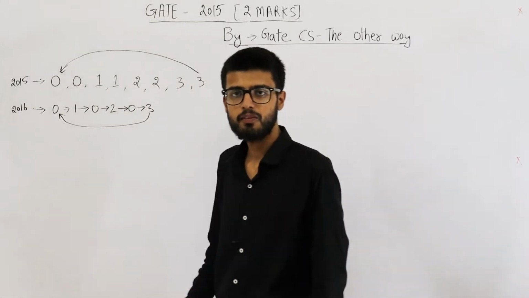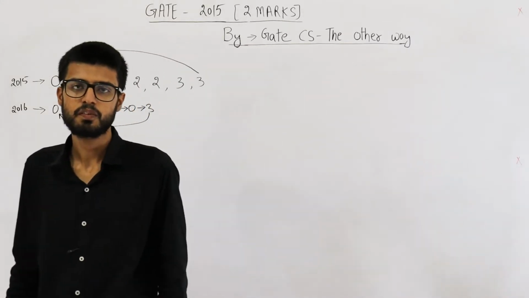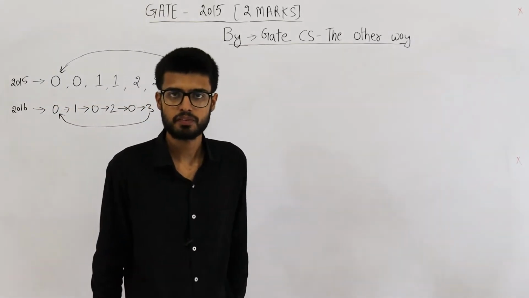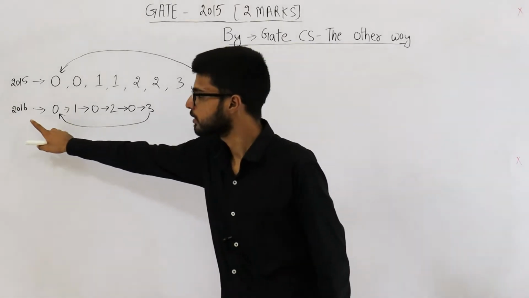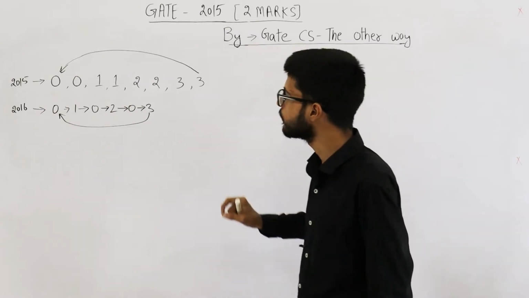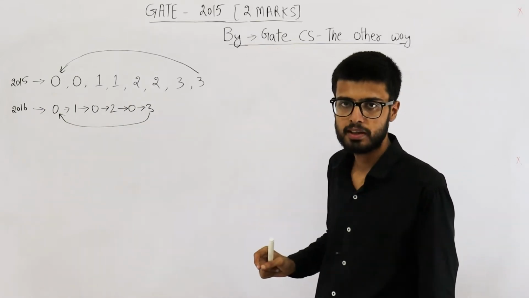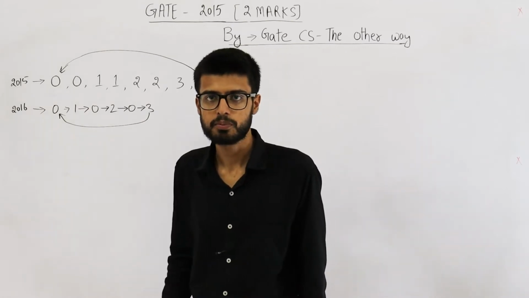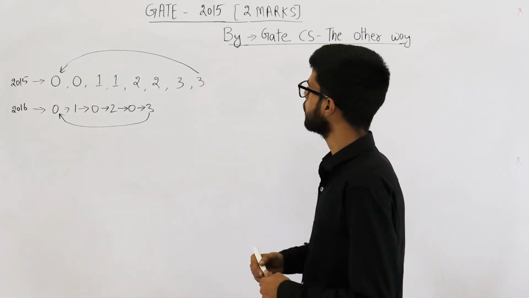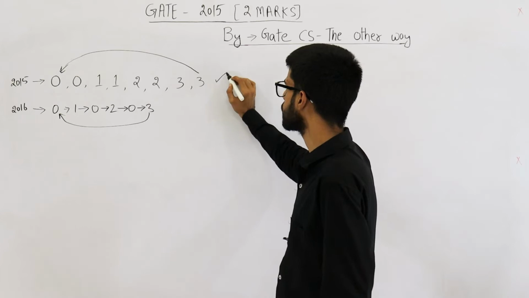Hello people, now we are going to discuss two questions. First question is from GATE 2015 exam. Second one is from GATE 2016 exam. Both of these questions are almost identical. They are asking what is the minimum number of JK flip-flops required to implement a synchronous counter whose counting sequence